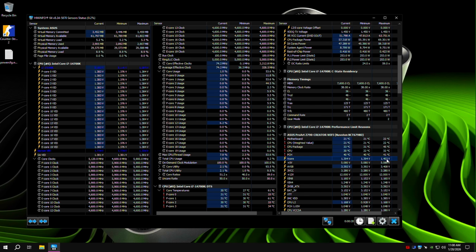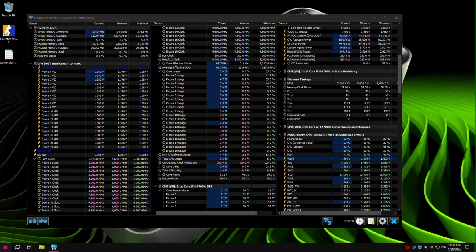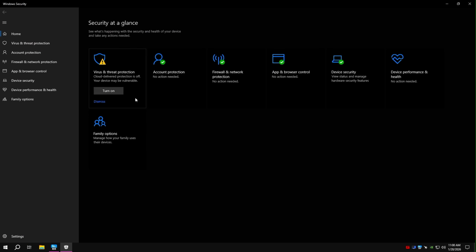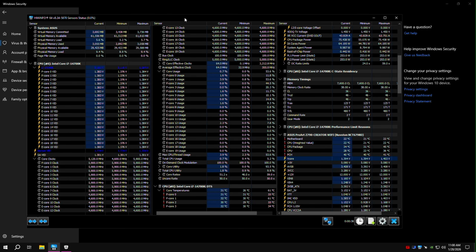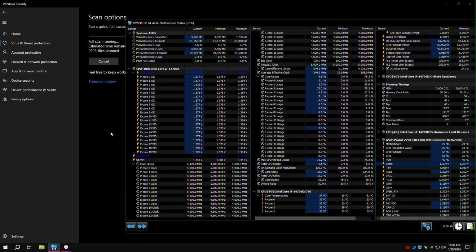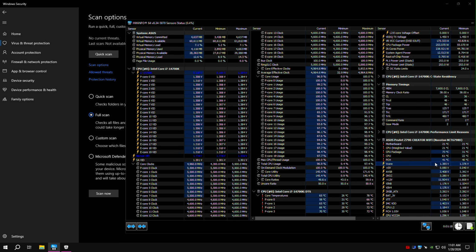So we are hitting the limit, but it's happy like that. This should be better in terms of stability, but let's check it. Always the same: full scan. Should be okay. If it's not okay, I'm still too low. Maybe this is too much of a delta. So it's crashing. Why? Because this is too low.